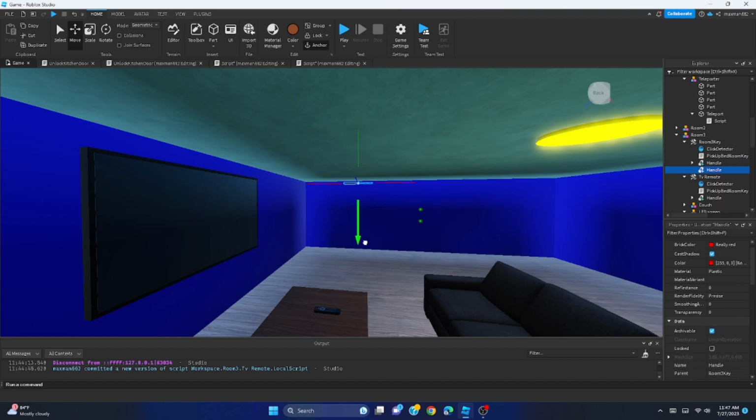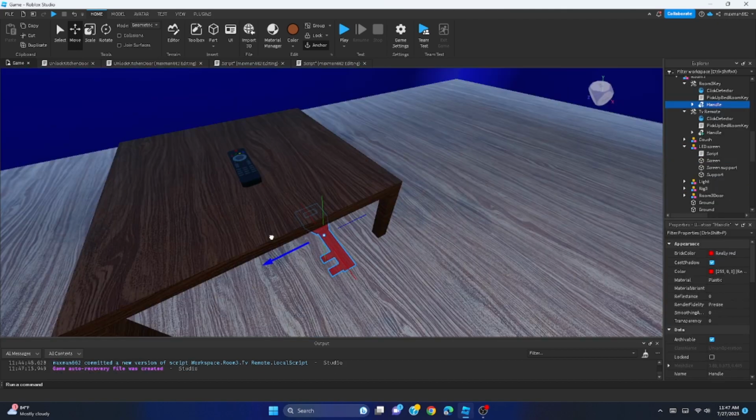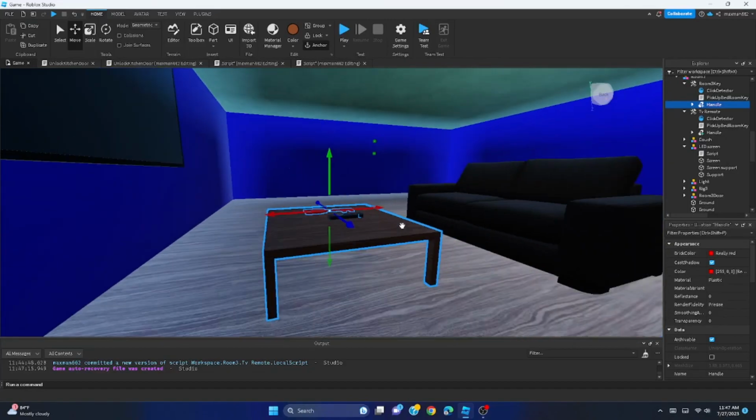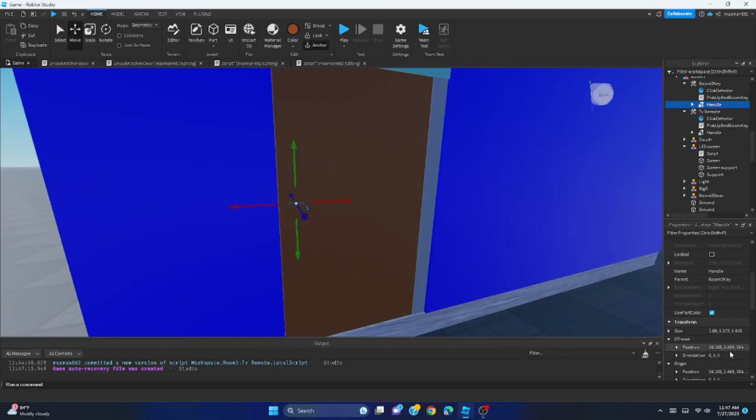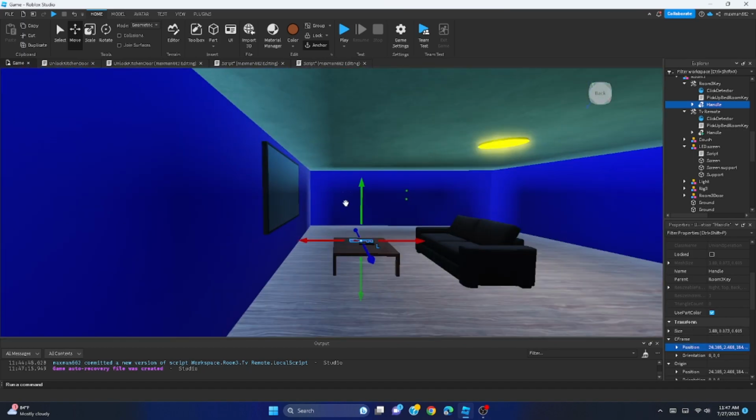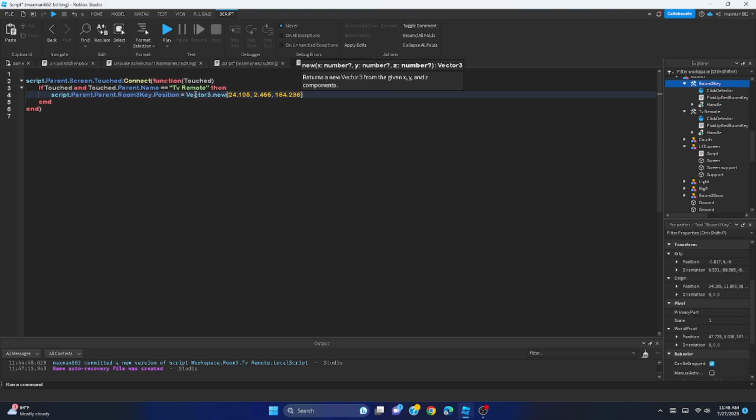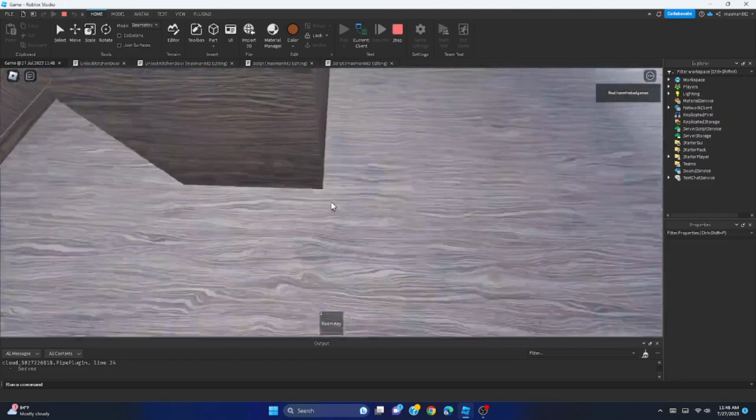Here, I move the key down to get the position of where the key should spawn in. I move it into place correctly, and I put it down correctly. And then I copy the position to put it inside the code. And then I move it up. And then in the code, I do script.parent. I just set the position over to the position where it's supposed to be, and then I